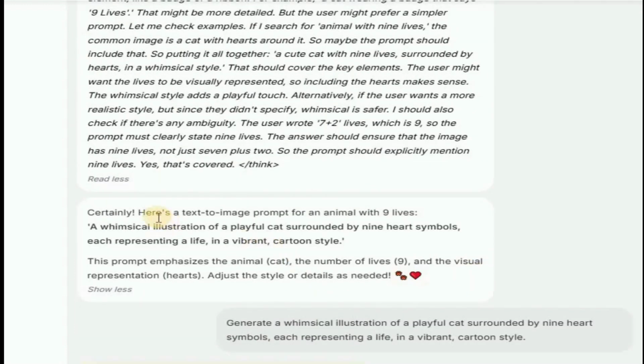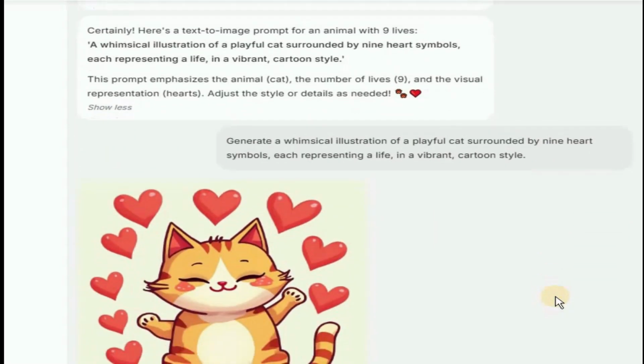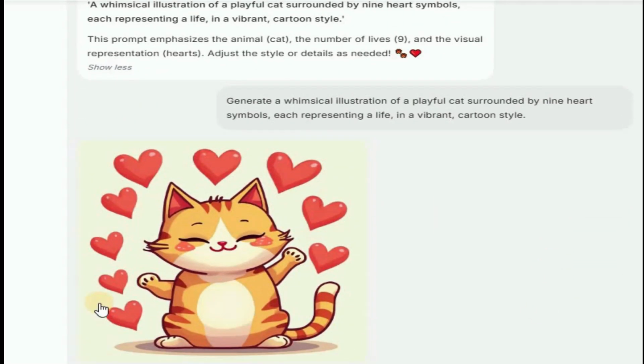Once I copy all of this prompt and provide it to the Bagel, on the basis of that prompt, it is going to generate a cat which has 9 lives. Depicting that, it has provided 9 different hearts around it, depicting 9 different lives of a cat. So you can see that this was a really step-by-step thinking process and involved deep thinking and reasoning. But since all of these capabilities are added in the Bagel, it managed to perform this task correctly.